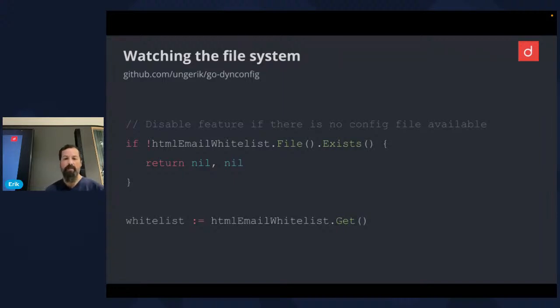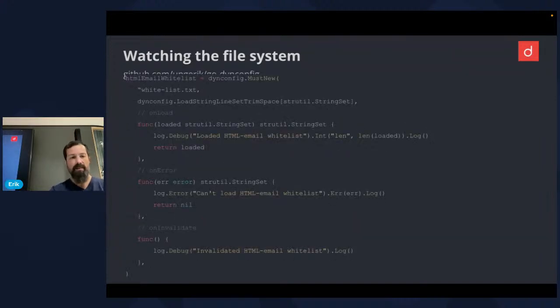And to make it easier to use the whole thing, it doesn't return an error. You assume that your configuration was successful, and you just always get the latest configuration. And if the file changes on disk, you can just use it. You can also check if the configuration file exists, stuff like that.